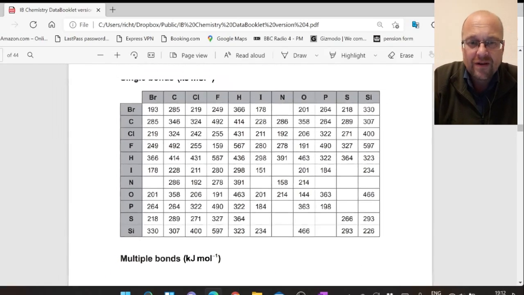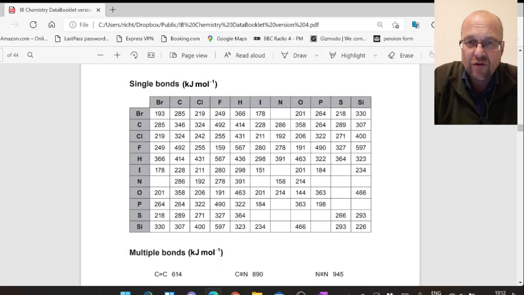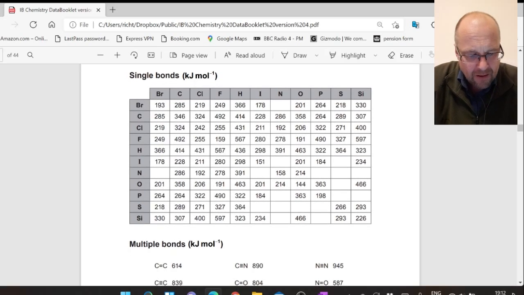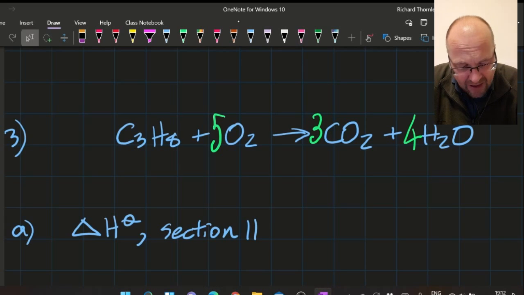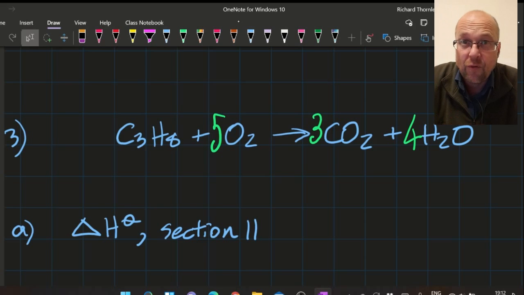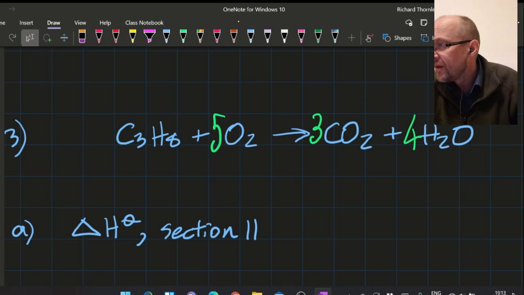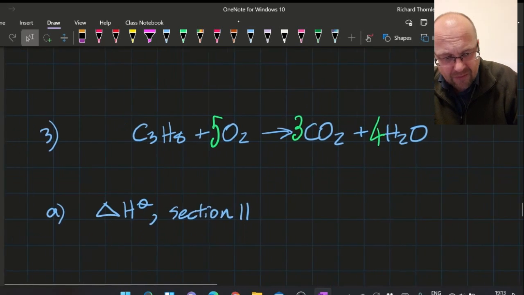You know what? I know I can do bond energies, and I just can't do them right every time. I make a stupid mistake because I get impatient. Okay, so these are average bond energies. It only works if everything's a gas. So sometimes they force you to do it when one of them isn't a gas, and then they go, well, that didn't work, and then you go, has to be a gas. They're all a gas. So what I'm going to try to do is I'm going to,